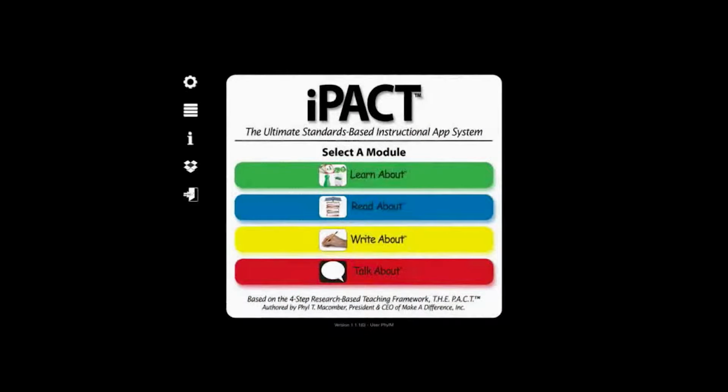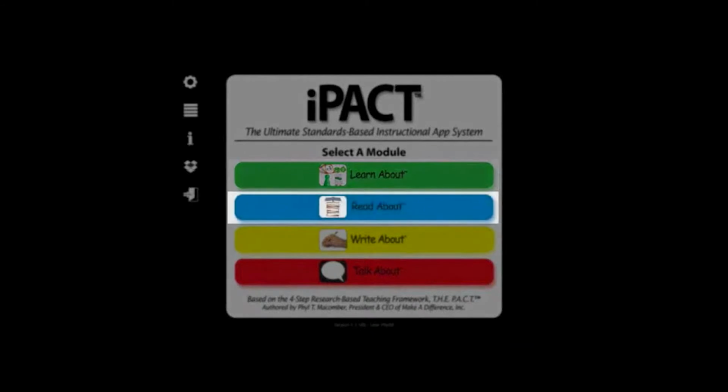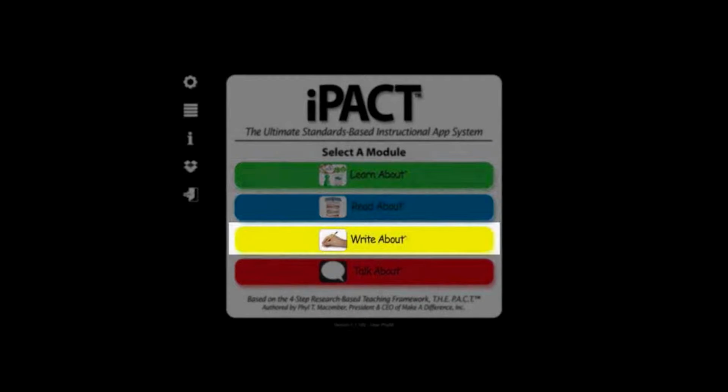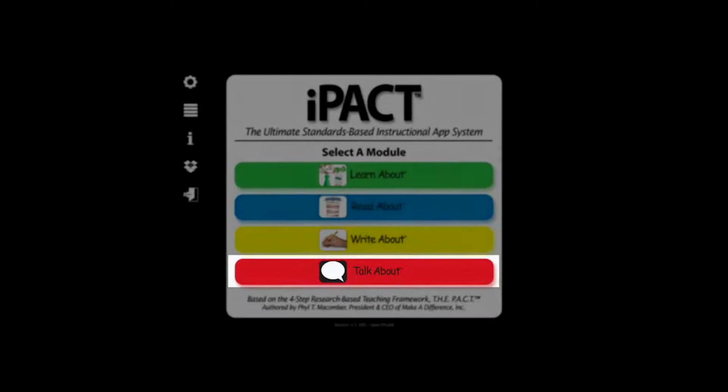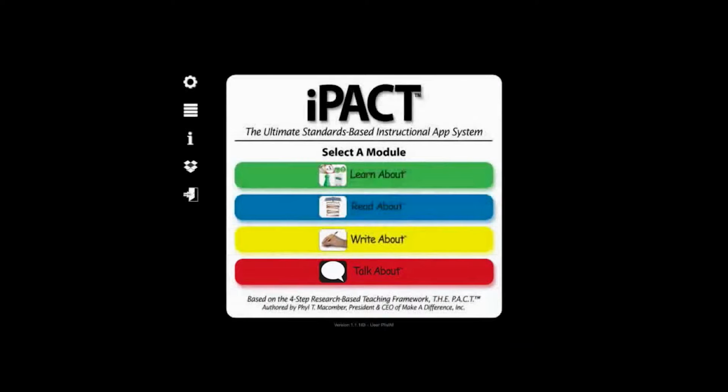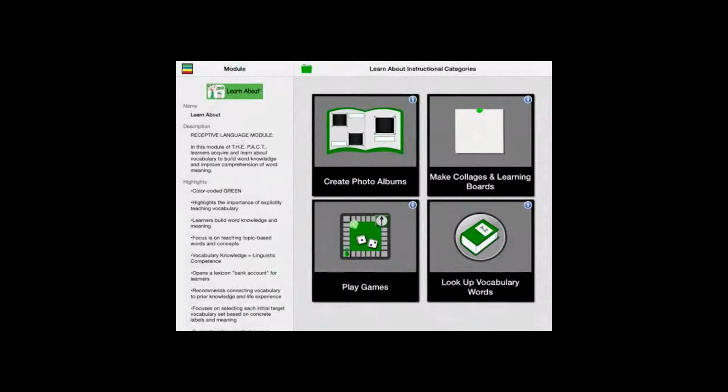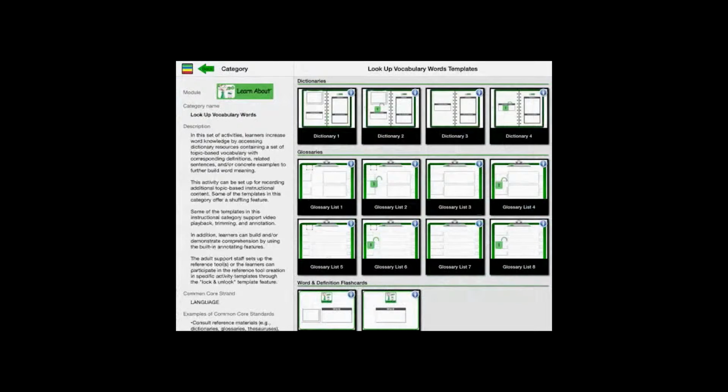These vital four components are the four modules of the PACT, which are learn about, read about, write about, and talk about. The iPact is designed in a way to differentiate instruction for diverse learners of any age, offering instructional templates at different levels of representation and complexity.